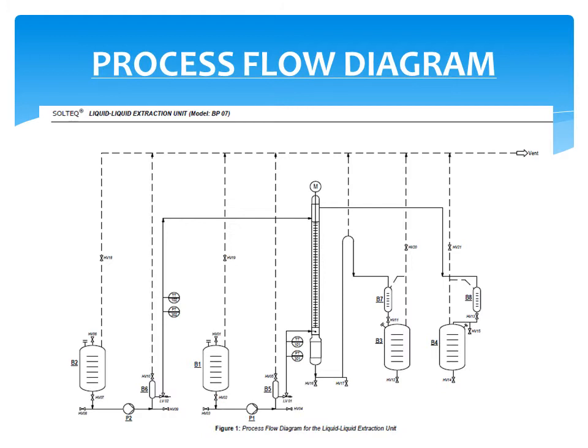Now I am going to proceed to the procedure of the experiment. First, ensure that all equilibrium and calibration data are obtained from Appendix D. Second, perform the general startup procedure. Third, start both pump 1 and pump 2 and set the desired feed and solvent flow rates by adjusting the pump's frequency and displacement. Next, allow both liquids to flow into the collection vessels, which are B3, that is raffinate, and B4, that is extract,